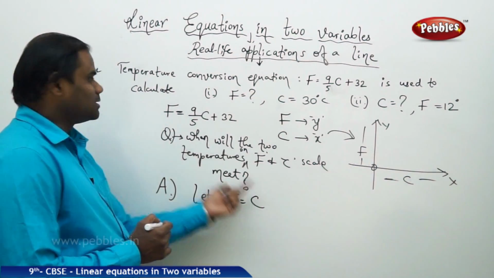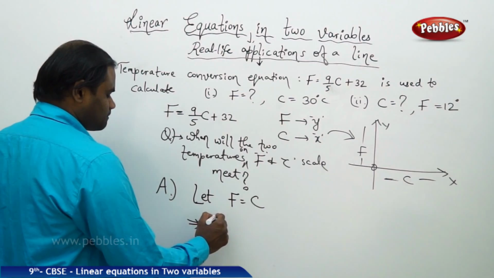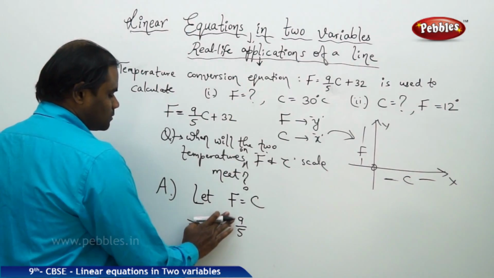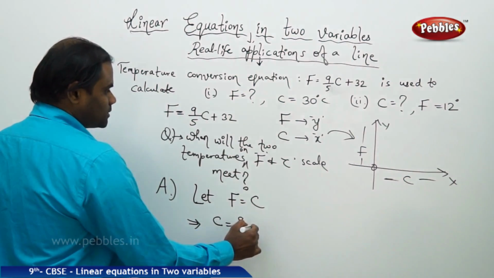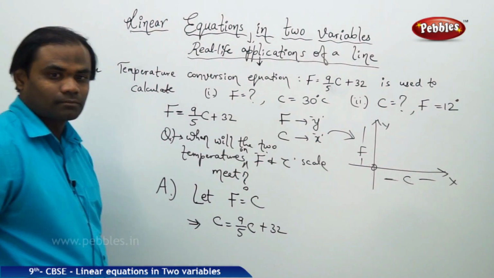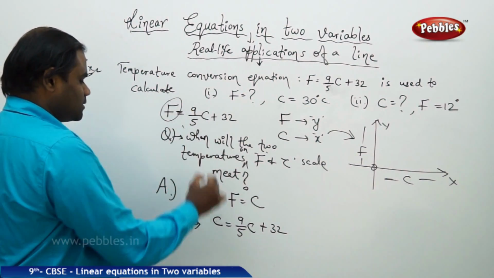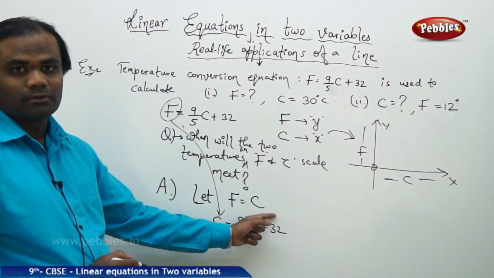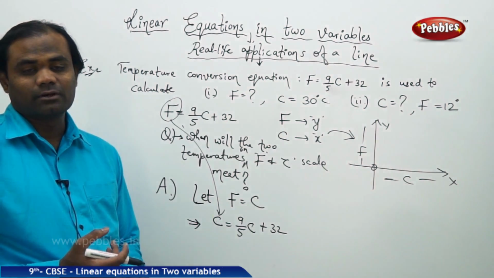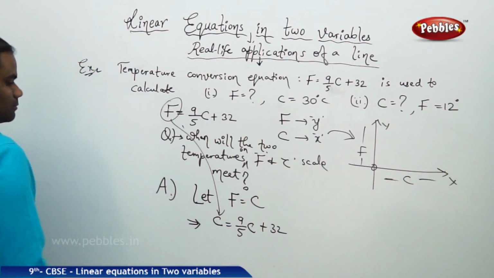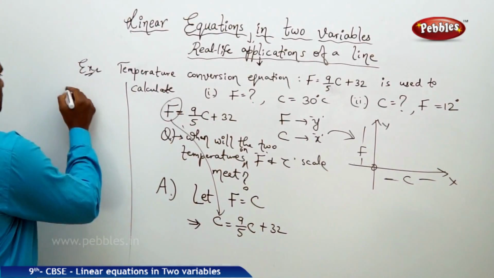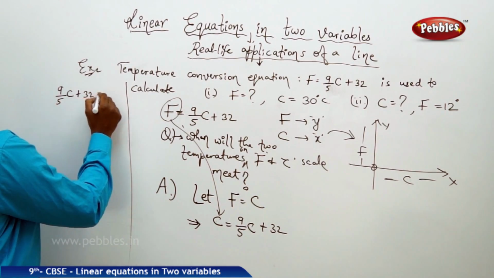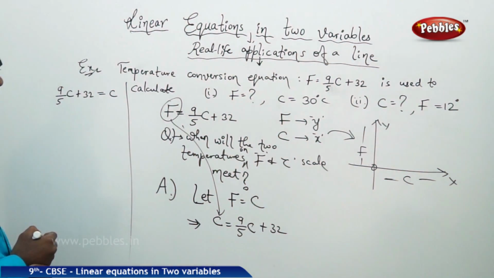Now that F equals C, I substitute F equals 9 by 5 of C, so my F being 9 by 5 C plus 32. So here my F gets replaced with C, is how I understand the substitution. Now let's find the value of C by taking all C terms to the left. So here I get 9 by 5 times C plus 32 is equal to C, which on